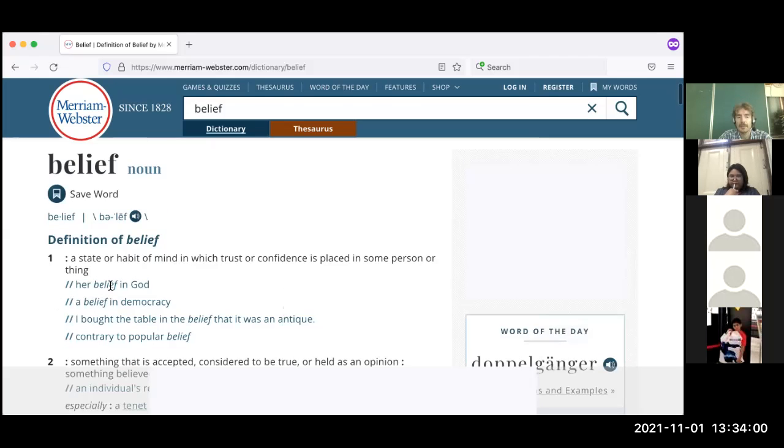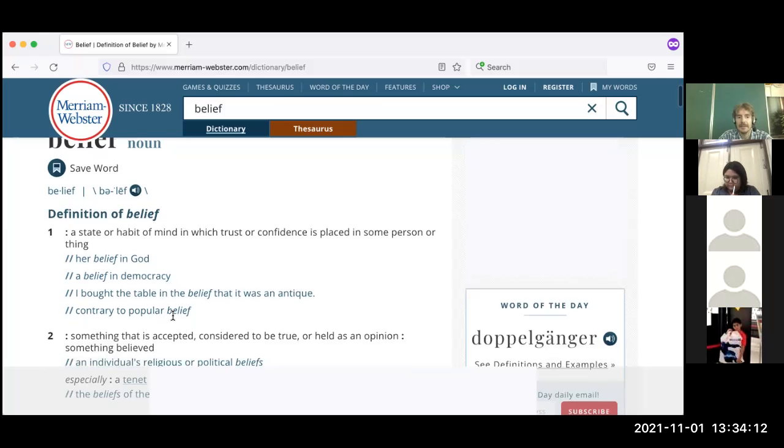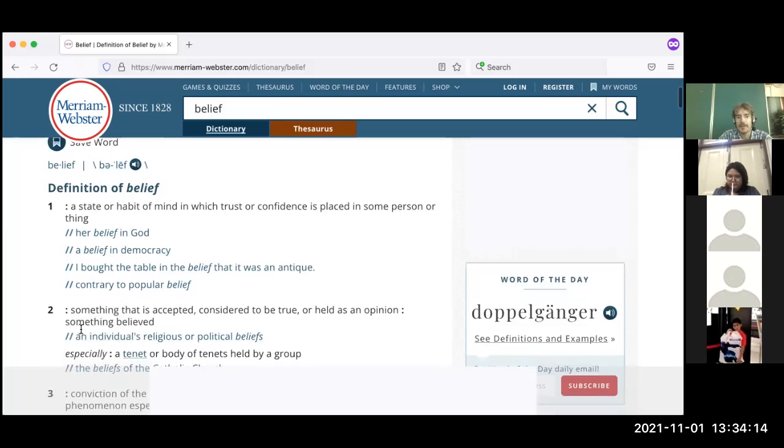For example, her belief in God, or a belief in democracy, or I bought a table in the belief that it was unique, contrary to popular belief. Or two, something that is accepted, considered to be true, or held as an opinion, something that is believed.